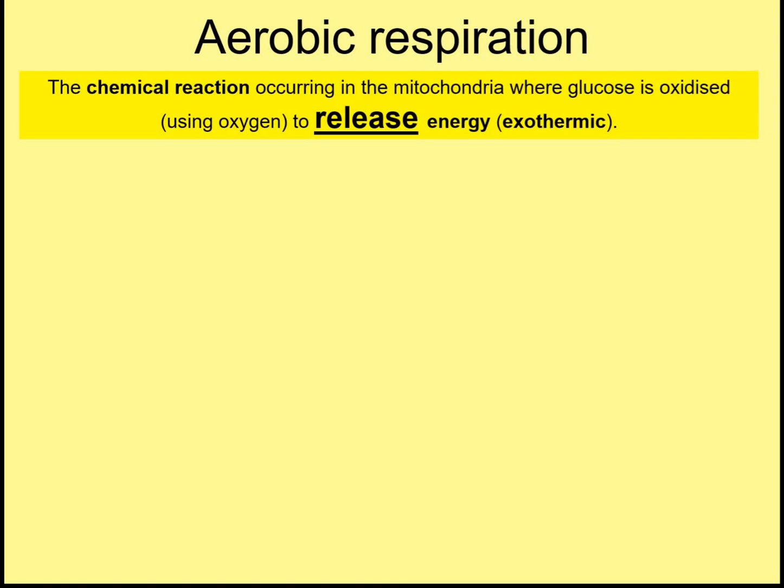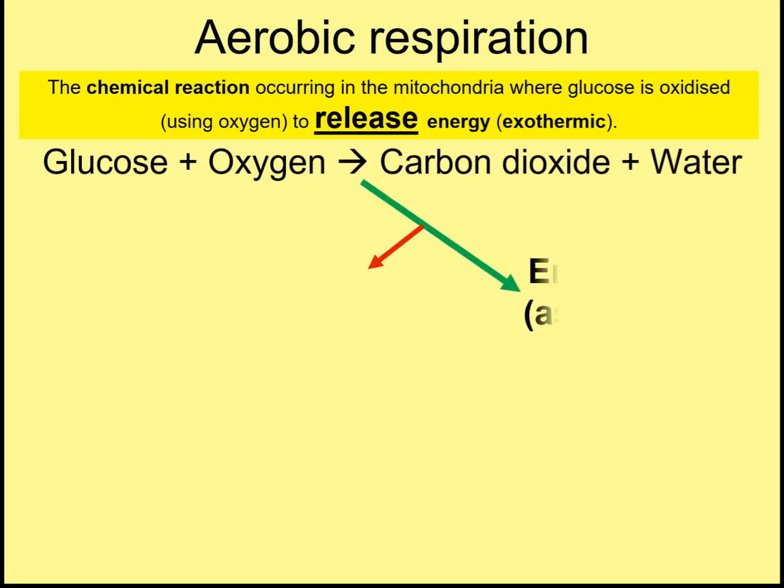So let's look at the formula. So it's glucose reacts with oxygen, and carbon dioxide and water are produced as waste products. And the key thing here is we have this release of energy, or transfer of energy. Now, where the energy needs to go to is actually to another chemical energy store. So glucose, if you remember, is a chemical energy store, chemical potential energy store, and actually we're just transferring that